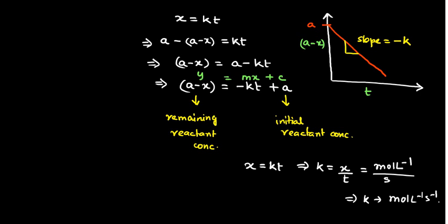Right? Now another thing, what we started with is, what is a zero order reaction? A zero order reaction is a reaction whose rate is proportional to the zero power of the concentration of the reactants. That means rate is not dependent upon the initial reactant concentration, or the concentration of the reactant. That means if we are going to go for a plot of rate versus concentration of the reactant,